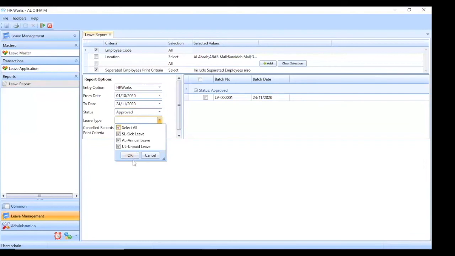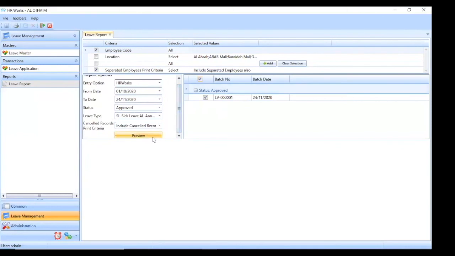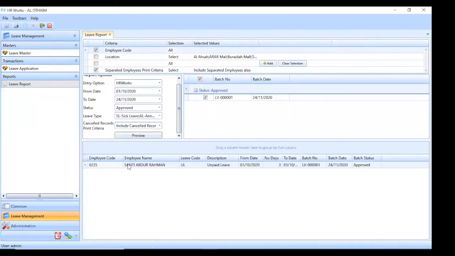And I will select all the leave types. So if you want to view only the annual leave employees or only the sick leave employees, you can choose that option. And from here you need to select all page numbers and click preview. So now you have the record and you have the report for the leave. So there is only one employee who is having the leave, employee code, name, and what is the leave information, and the start date, leave end date, and the status. So this report also can be exported to any format.